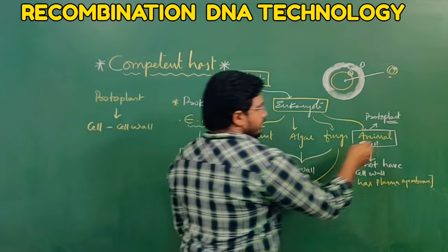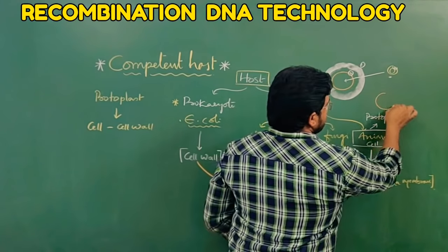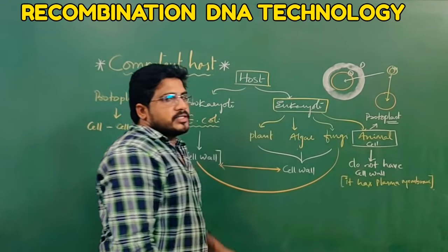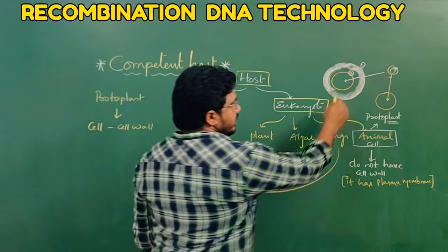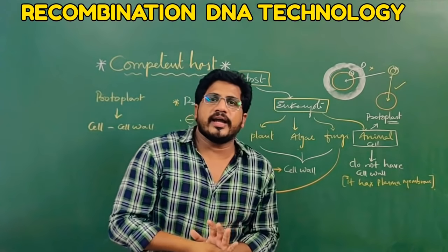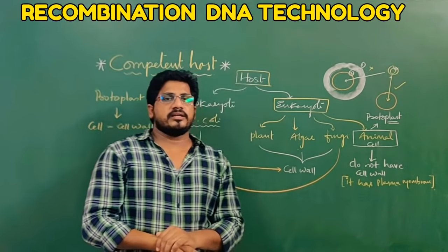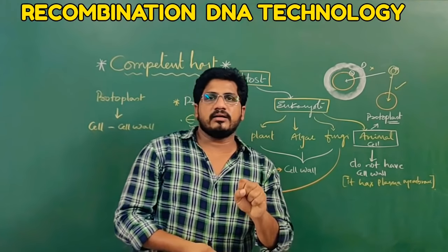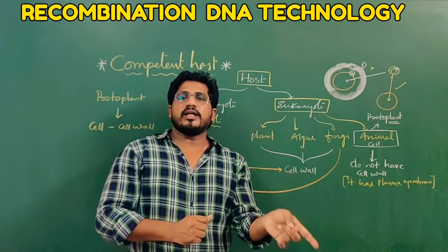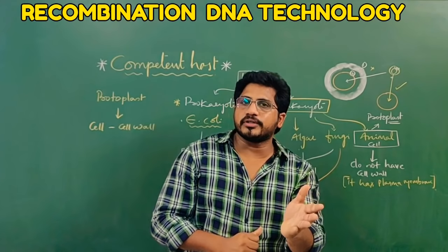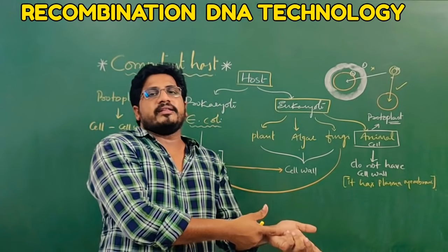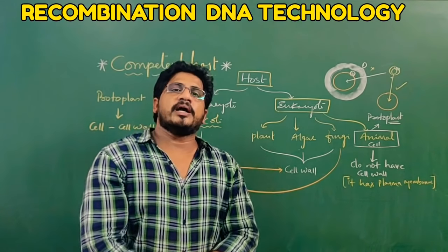So in case of the animal cell, there is no cell wall, then this type of vector directly enters into the cytoplasm of the animal cell. With a cell wall this process is tough, without it this process is easy. That is why the host should not have a cell wall. But you can ask a question here. Sir, bacteria are used as hosts. Bacteria has a cell wall. Means before using the host in the experiment of biotechnology, we should remove the bacterial cell wall.